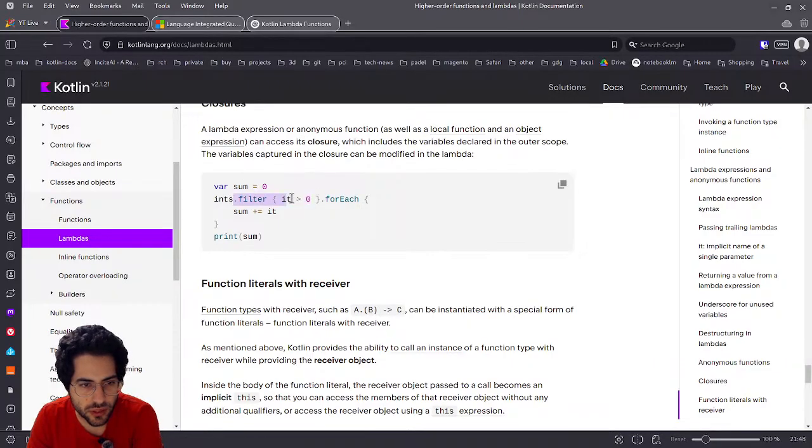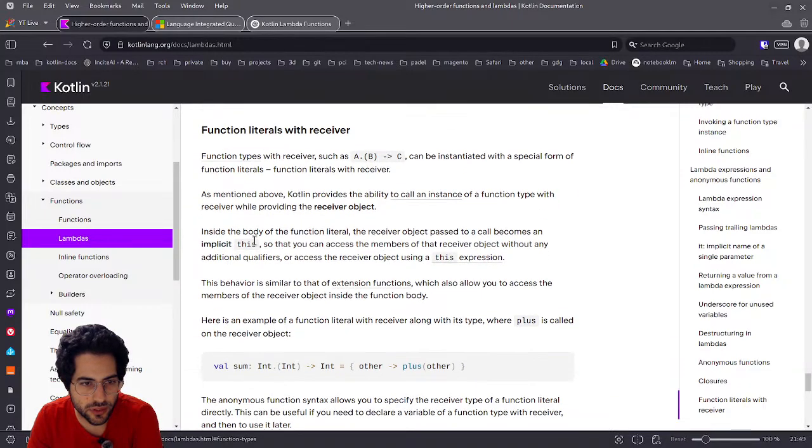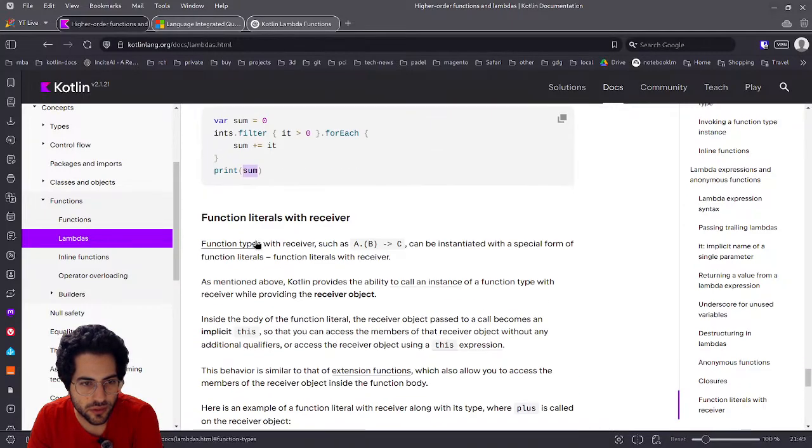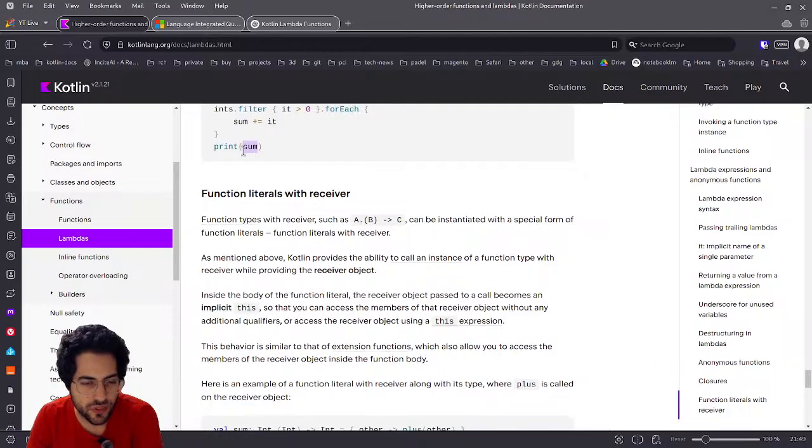So what is returned by filter can be modified later inside. The closure is probably this variable, the sum, and it can be modified inside the lambda function without issues, and then you can return this variable